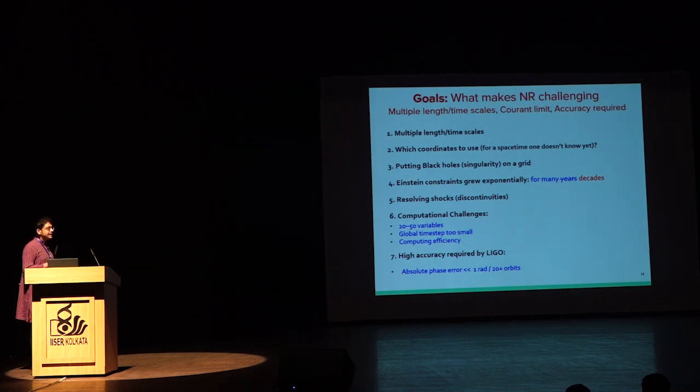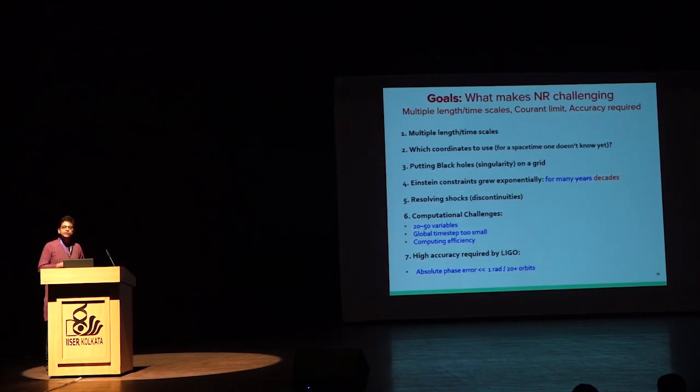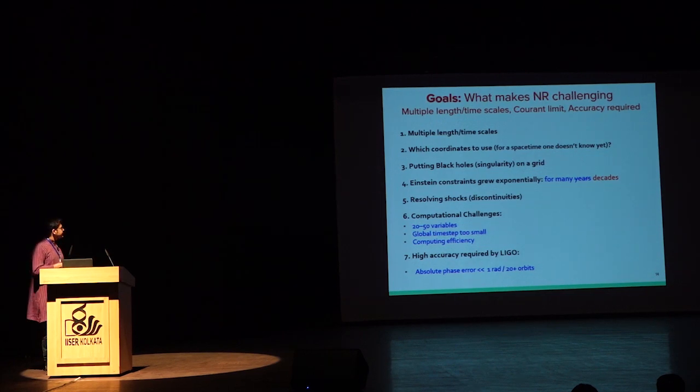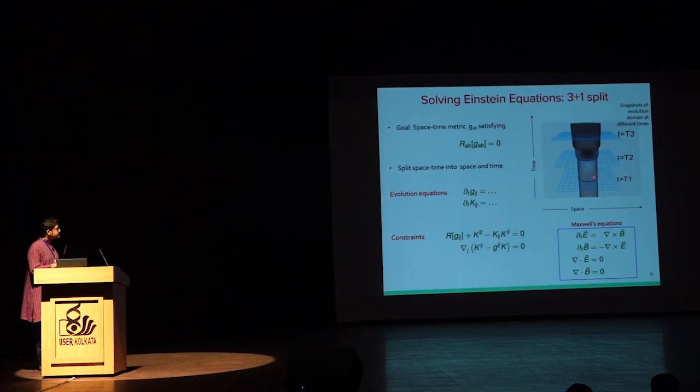Then actually handling the singularity on the grid is in itself a complex problem, which different groups around the world handle differently. And then we have this point 4, which actually was the key difficulty that took the longest to be conquered, which is the fact that when we start from some initial state of the system and start evolving using the evolution equations, even though initially the constraint equations were satisfied, what we find is numerical